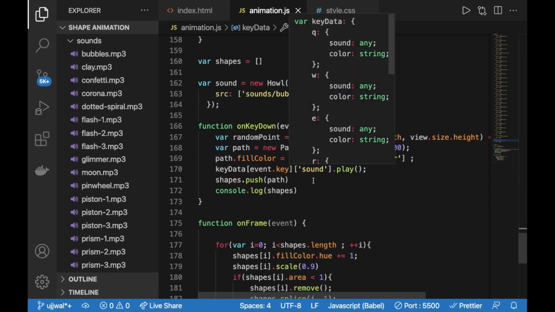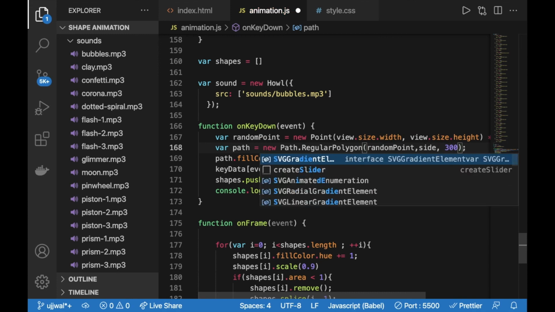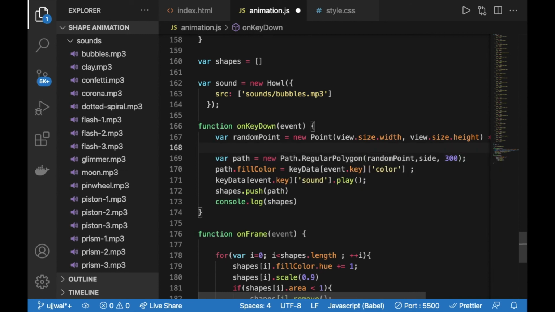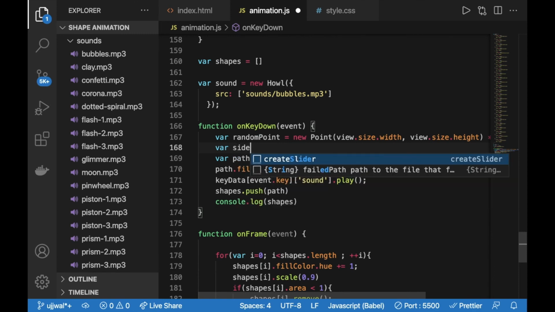So for that we have path.RegularPolygon, and it requires 3 arguments. One argument is the point, the second argument is the number of sides we want a shape to have, and we need to generate a random number of sides. So for that, I'll write side equals